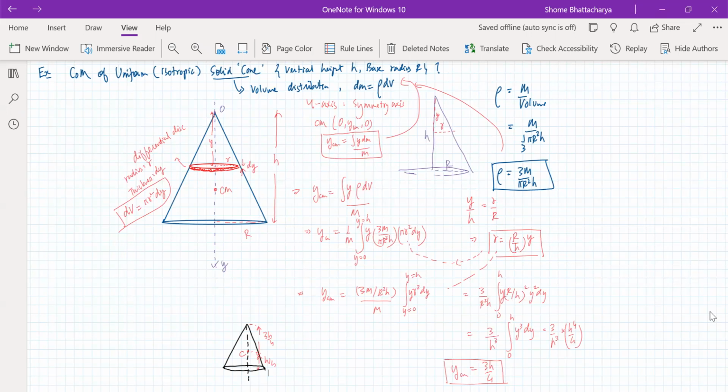So for these uniform objects, we can find out the dm and all. But for non-uniform objects, how will we do that? If it is an anisotropic body, that means density will be some kind of variable. So that should be known to us, how density is varying. If it is randomly varying, then we cannot find center of mass. It will be given as density being a function of something. Suppose density is varying with height, for example, from the center. Then rho will be a function of y. So we'll have to substitute that y, and the integration will become different because there will be a separate function within that. So that's how we'll proceed.